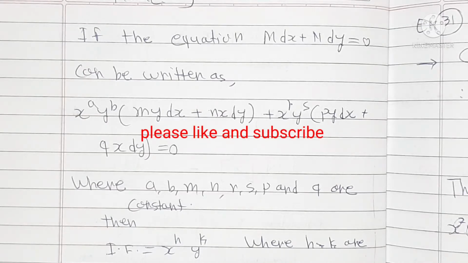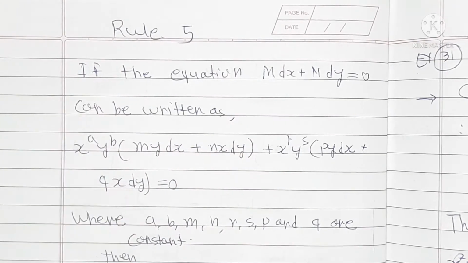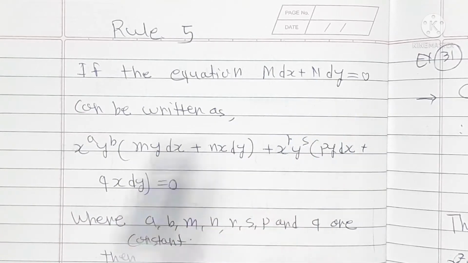Hello students, today we are going to learn the exact differential equation rule number 5. We have to find the integrating function with the help of rule number 5. Now what is rule number 5? Rule number 5 is: if the equation M dx plus N dy equals 0